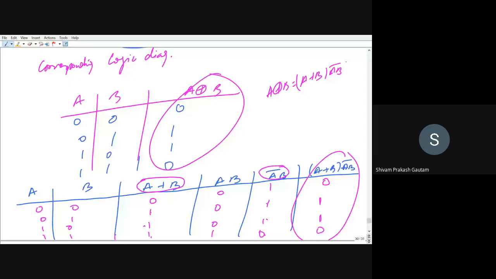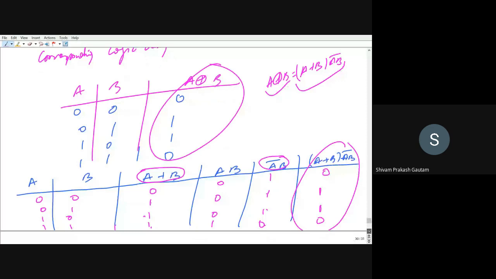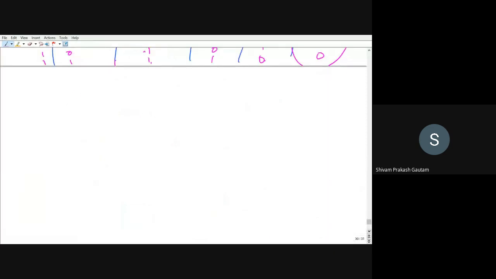Okay. Now we have to make this logic. Which logic? The left hand side, because the other one we have already made. So we have to make (A plus B) AB whole bar. So I will be making that. The expression is A plus B, AB whole bar. So first you can see there is an OR gate, then there is an AND gate and an inverter. So we have two inputs. They are passed through an OR gate.